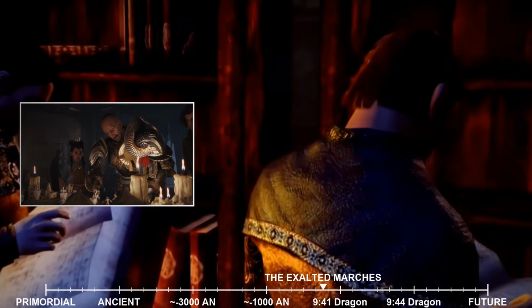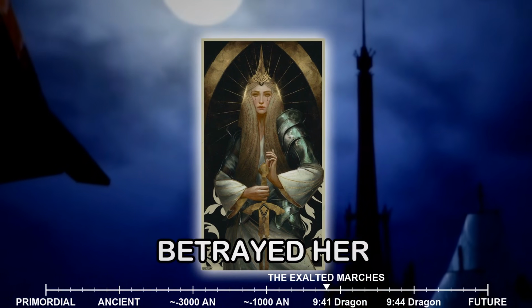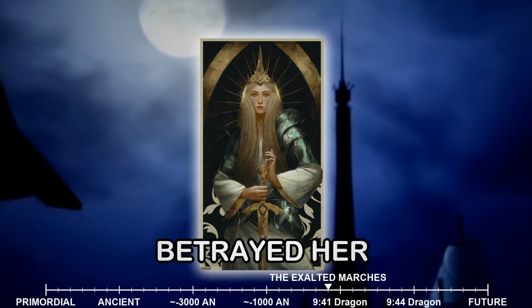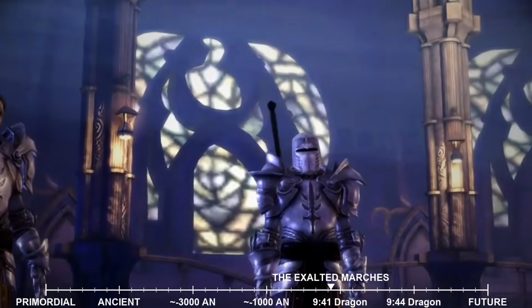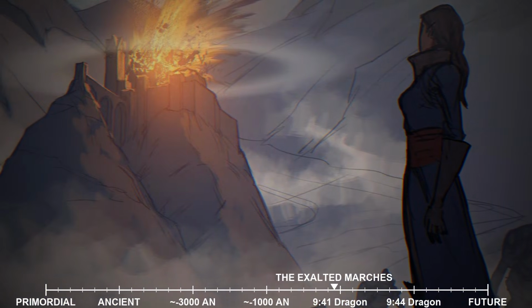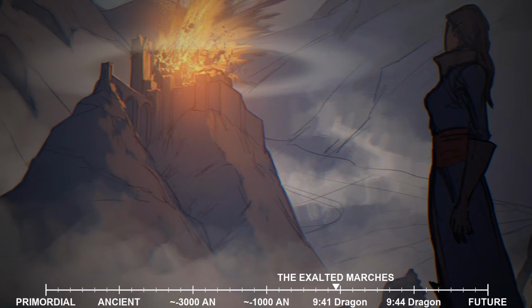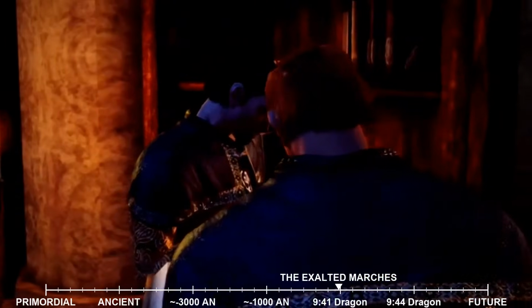Andraste's own husband, Maferath, consumed by jealousy and ambition, betrayed her to the Tevinter Archon Hessarian. Maferath, perhaps fearing Andraste's growing power or seeking to secure his own position, saw an opportunity to gain favor with the Imperium. His betrayal was a devastating blow, not only to Andraste personally, but to the morale of her movement. The specifics of his motives are debated, but the outcome was clear. Andraste was captured by Tevinter forces.